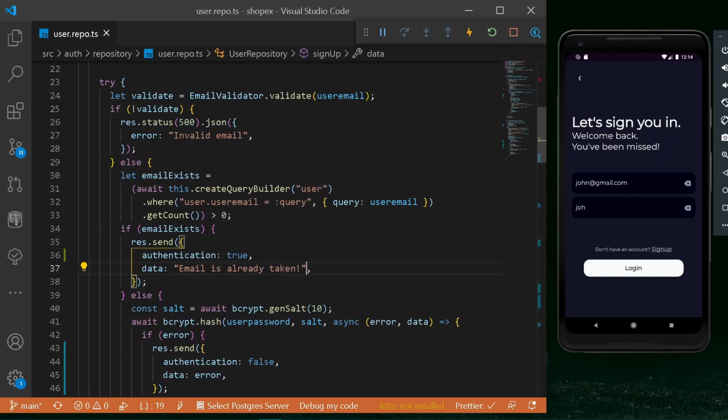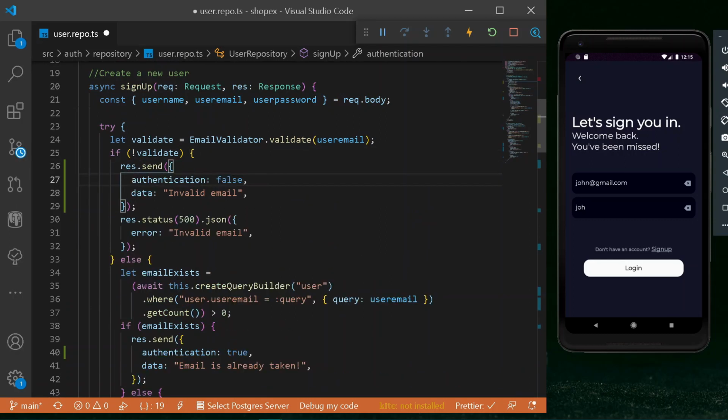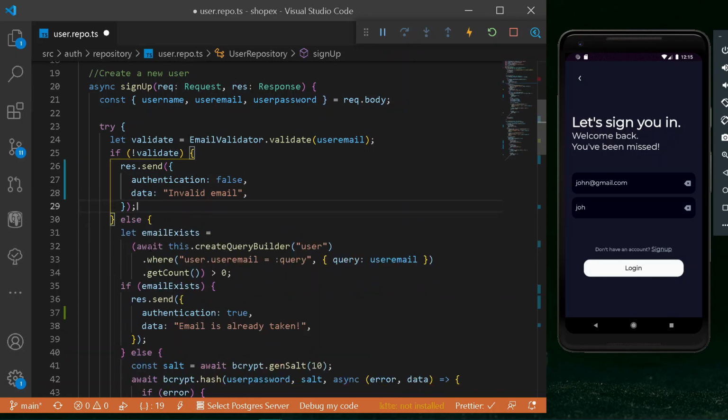So once everything is done, we shall also be moving under this and pasting everything here just like this, and we shall be removing the following response from this side. Cool. And you know what, we can also do one thing, that is send a particular status response, that is a status code more precisely. So for making that happen, before sending our entire response, I will be having here a property of status, that is a status code, and for invalid email I will be sending a status code of 301.